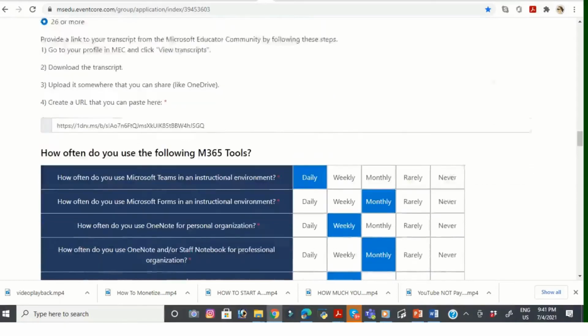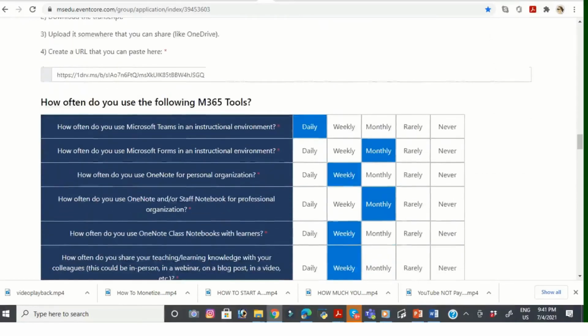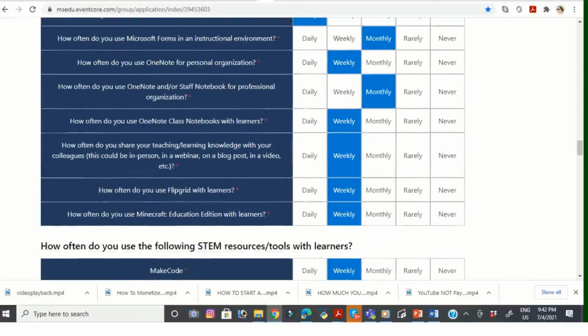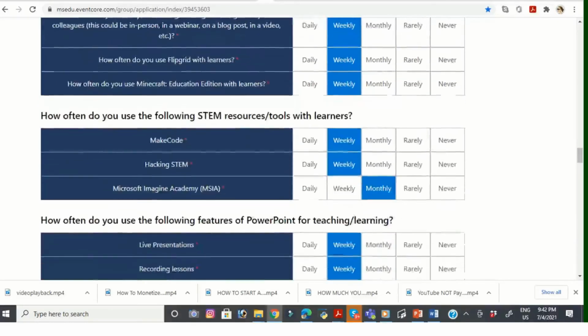Okay, here. Then the next one is how often you use the following MS 365 tools. When it comes to Microsoft Teams in an instructional environment, I use that daily. Microsoft Forms, I use that monthly, especially during class assessment tests. Personal organization, OneNote, I use this weekly actually. How often do you use OneNote or Staff Notebook? I use that monthly. Then when you go through it, check all that apply. Okay, it all depends on the individual. Just check if this one is